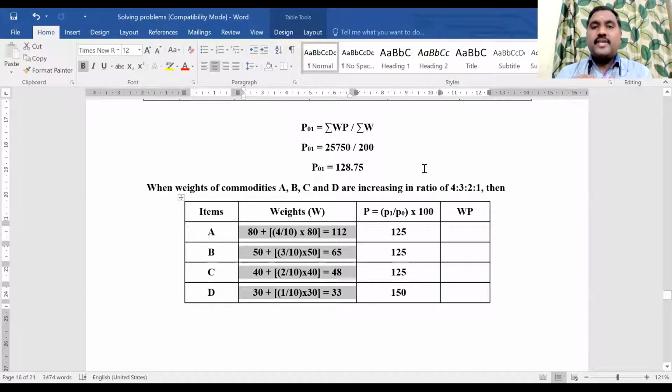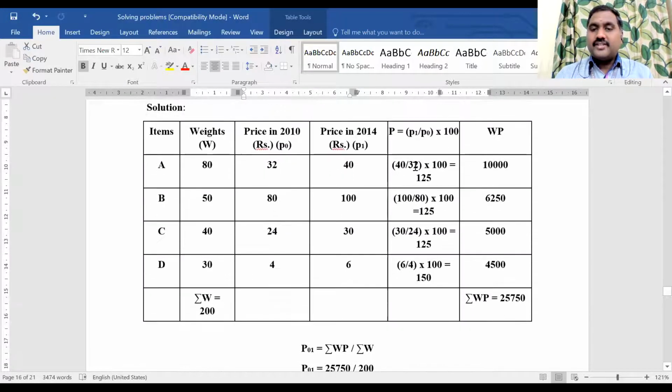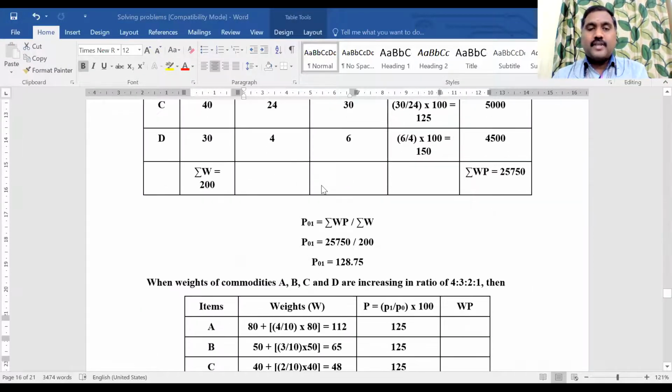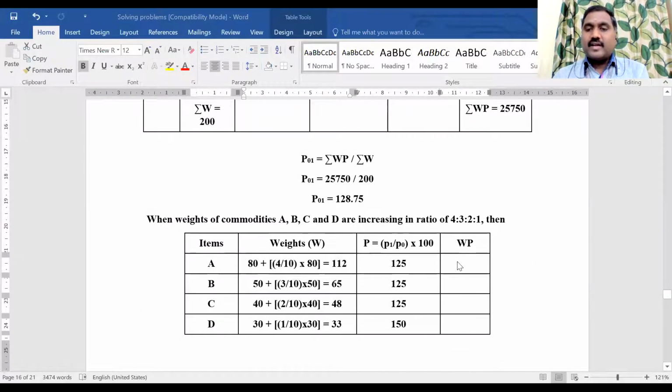after bringing changes in the commodity values. We have got a new weightage W. We already know the P value, which we calculated in the previous table. We won't bring any changes in the P value because there is no change in the P0 and P1 values. They said that if the weightage has been increased by a certain percentage, then what will be the new weightage, and after that they're asking us to find out the change in the index number. So we got the new weightage. Now we need to calculate WP.